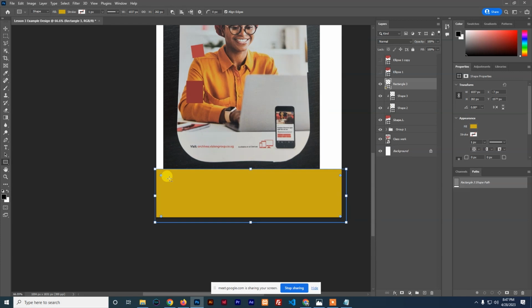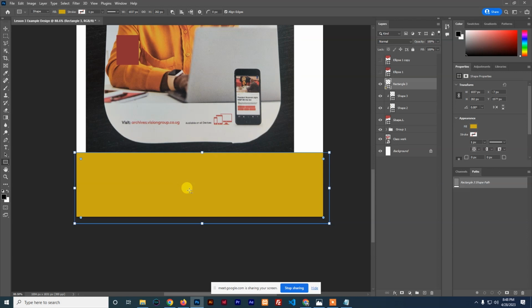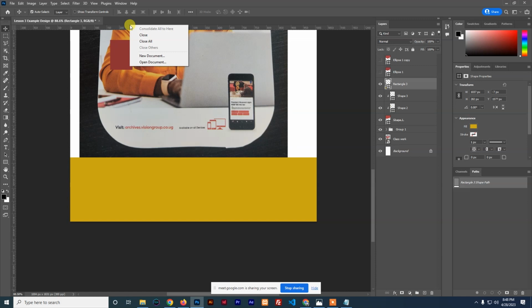We have these inside anchor points. If I zoom in, now I'm using a big screen, let me zoom in for you to see better. So you will see these inside anchor points. When you click on one, then drag inside, it forms a curve, and you can see the tooltip. The one in black indicates R equals 76 pixels, meaning the radius is 76 pixels. And it's in pixels because